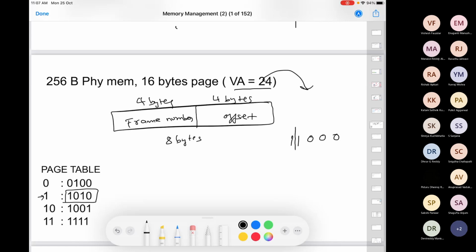We have 4 bits in the offset, right? So this is your offset. This remains the same, and 1, as you can see from the page table, it maps to the frame number 1010. So what will be your physical address? 1010 1000. So this becomes your physical address.